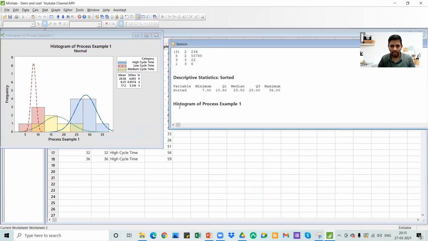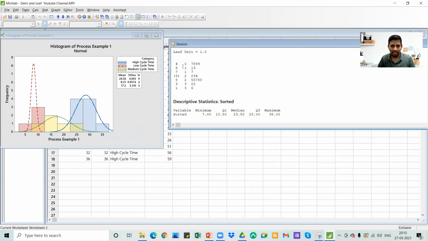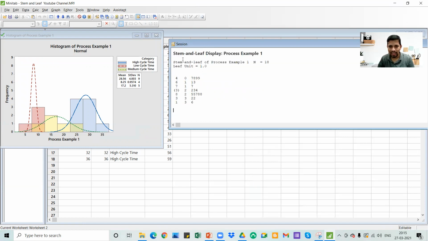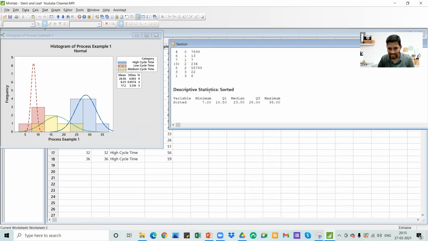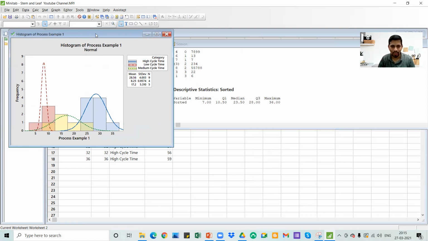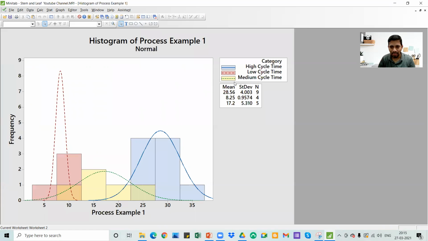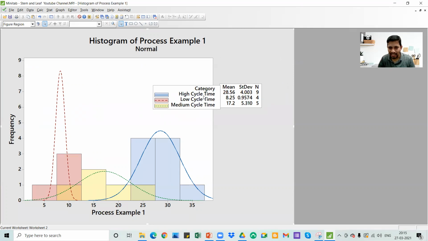That's it. So now another dimension, a very beautiful chart, right? So now, over here, you have the stem and leaf graph, you have descriptive statistics, and you also have something called a histogram as well. In the histogram, let me make it bigger for you. High cycle time, there are 9, and you have a 20.56 mean and standard deviation.